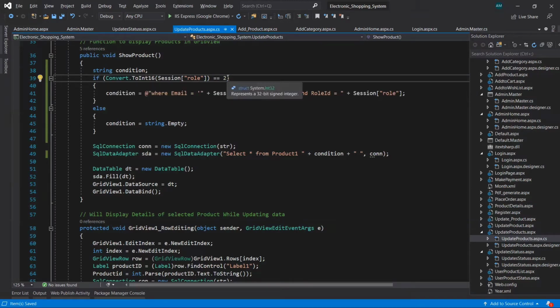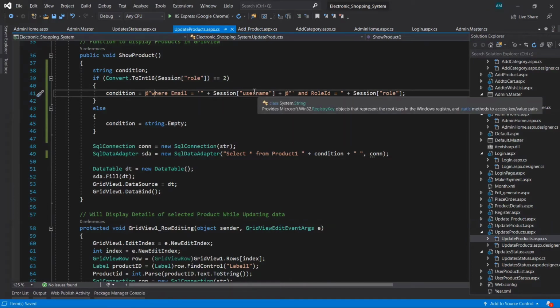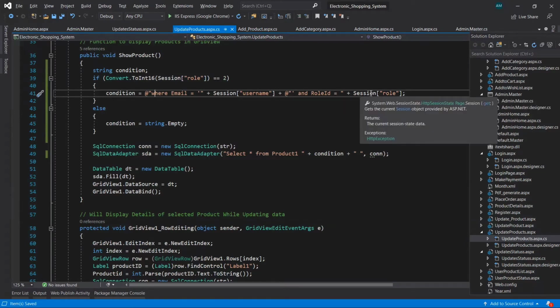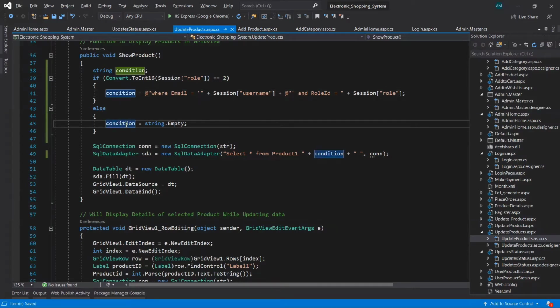If it matches, that means it's a vendor, so we need to make a query here where email is equal to the session of username, okay, and the role id is equal to the id contained in the session of role. Or else it will make this condition value empty. No value is added in this variable condition, okay.